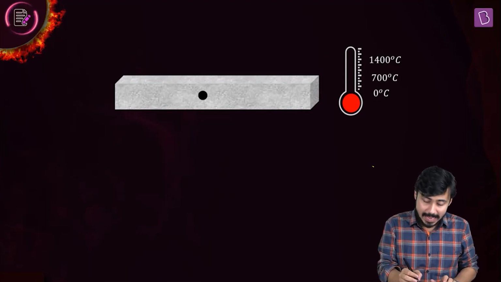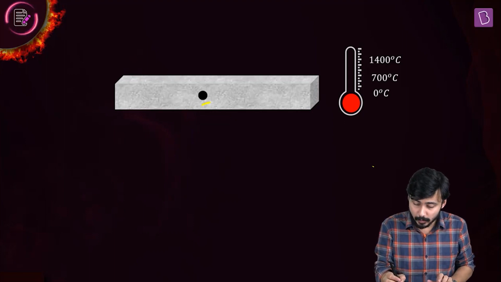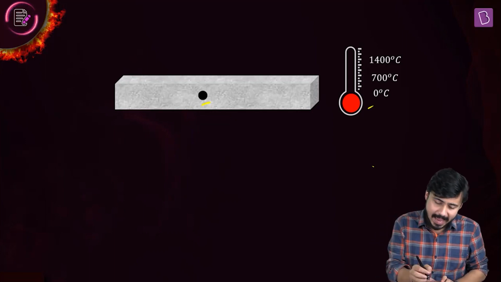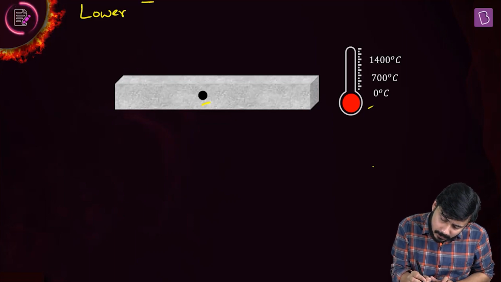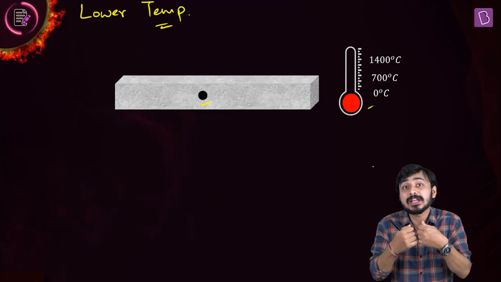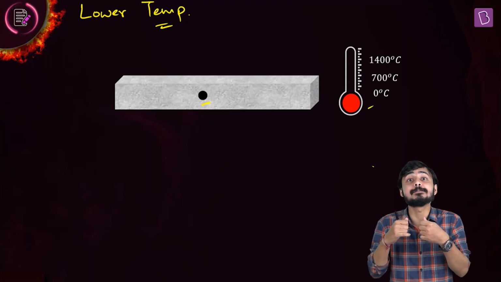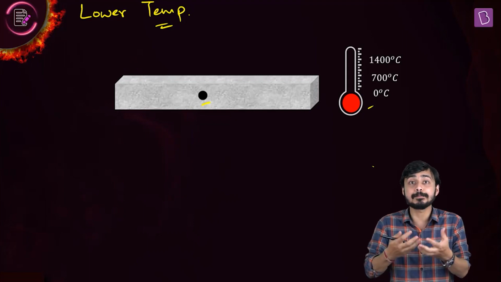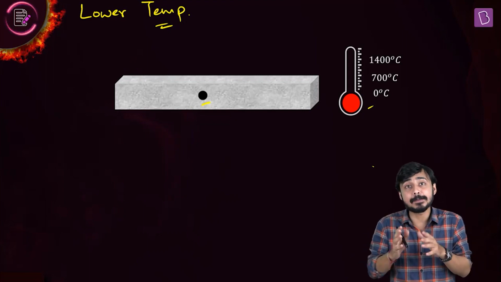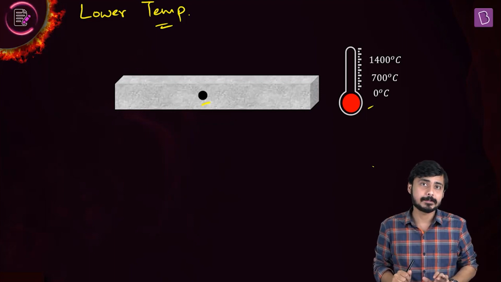So the plate and the black rough spot onto it at lower temperatures, right? When the temperature is quite low. So at lower temperatures, the body absorbs more as compared to emission, right? The thermal radiation is absorbed more as compared to emission. It emits less as compared to absorption, right? So at lower temperature, when the sufficient light is available in the surrounding, the color which we observe is due to the reflected light, right?